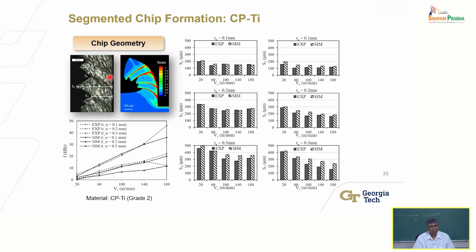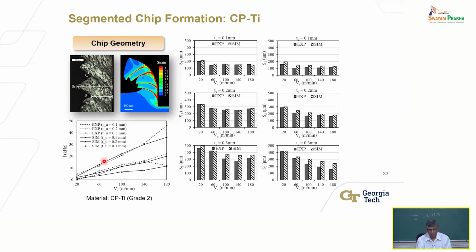Okay. So as the last question, what is the data we are seeing here? Can we do any validations? How can we validate? Well, this is validation. What this is showing you is basically the dimensions of the chip. This S1 is this width, S2 is this, S3 is this dimension. Okay? So these have been measured and predicted and compared. That's one way. Measuring forces and comparing is another, right?